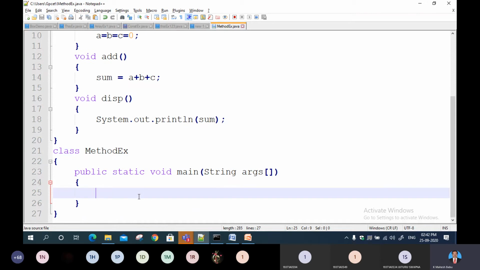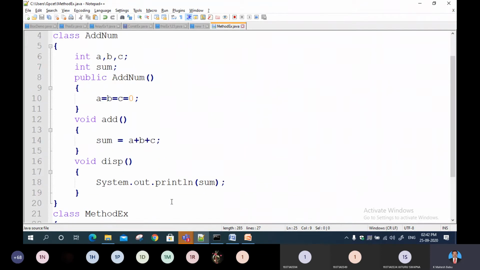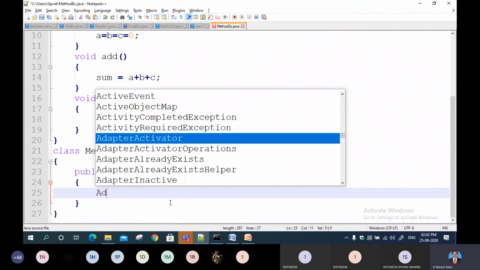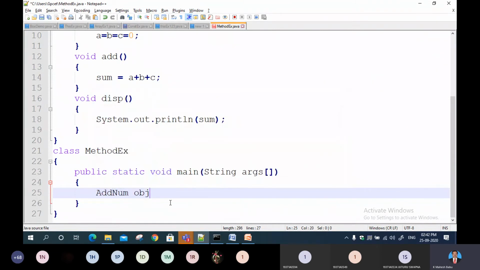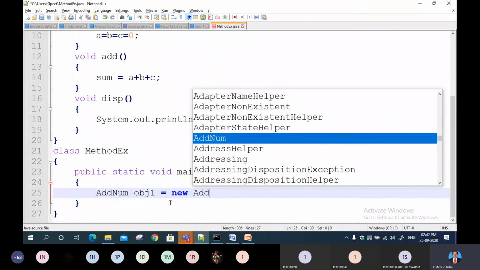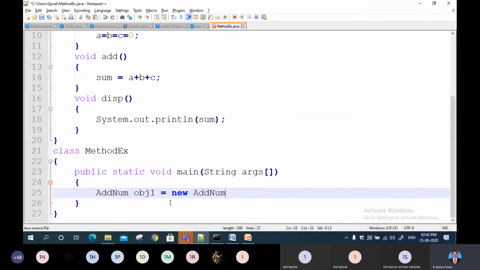Next, I am going to create, is my voice clear? Yes, sir. I am going to create one object here. The class is AddNum. First, obj1 equal to new AddNum, open and close parentheses.